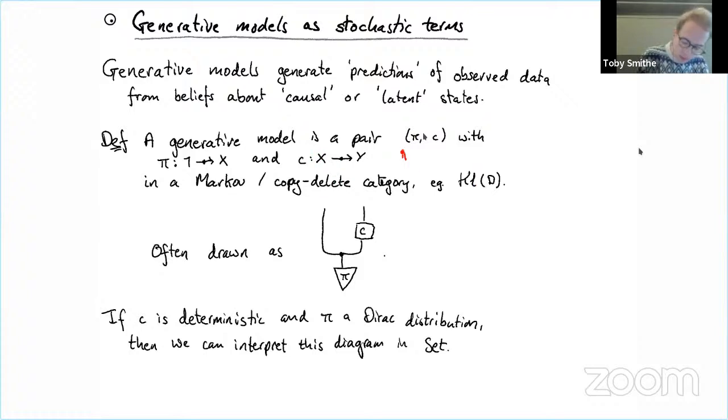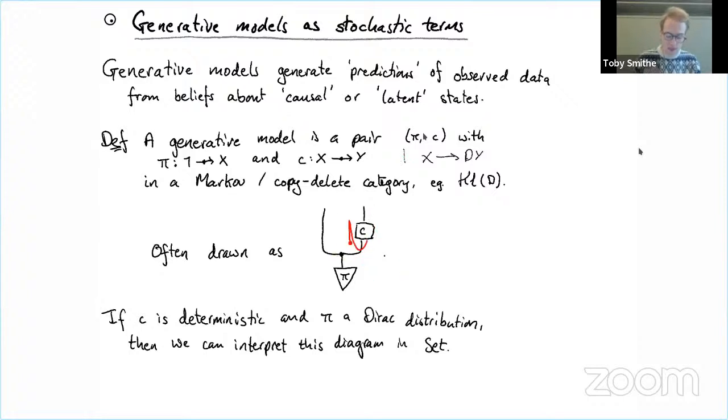In this category, that's the type X to dY, and it says, given some element of X, I give you a distribution over Y. So we could think of Y as the space of observed data, and X as the space of latent states or structures from which we generate these predictions. They could be summaries of the observed data or beliefs about causal structures or something like that. And because these copy-delete categories come with a nice string diagram calculus,